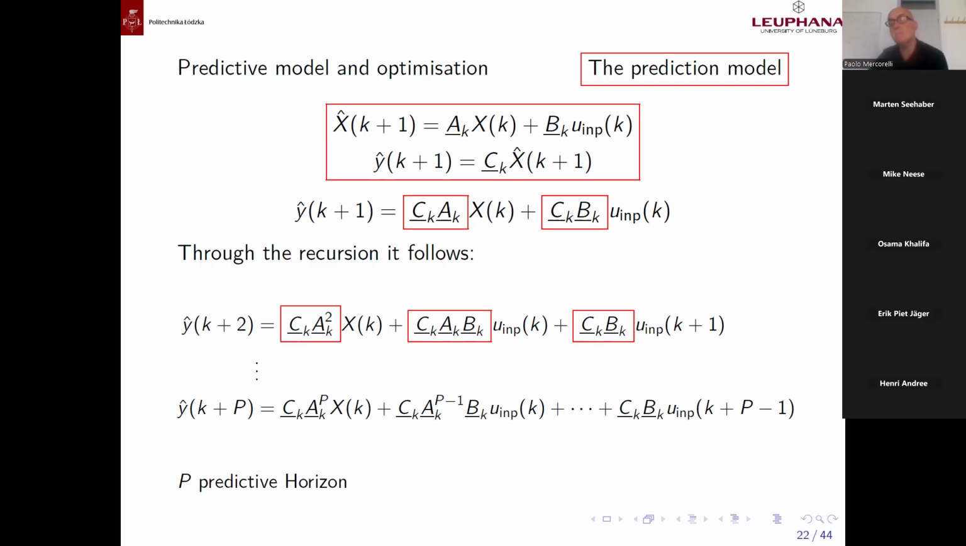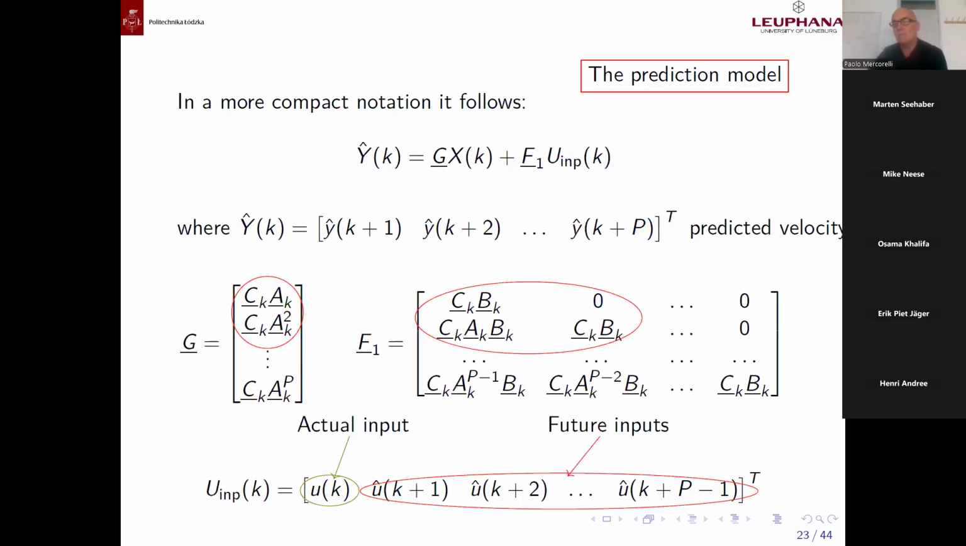K is the present, no? I don't know if this is clear. K plus 1 is morning. K plus 2, tomorrow in the sense. K plus 2 is after tomorrow and so on. And after P days. Of course, I speak about days, but we can see microsecond, millisecond, everything. Now, look, if I consider y hat